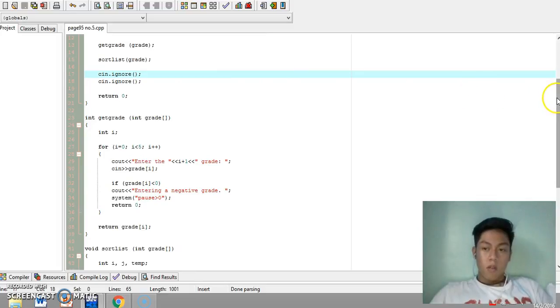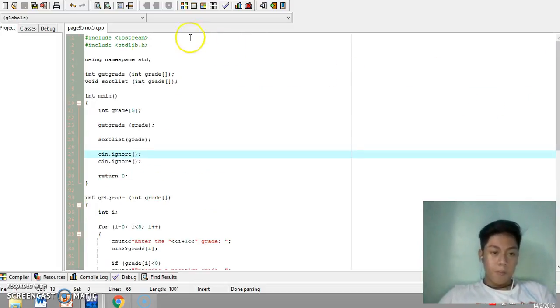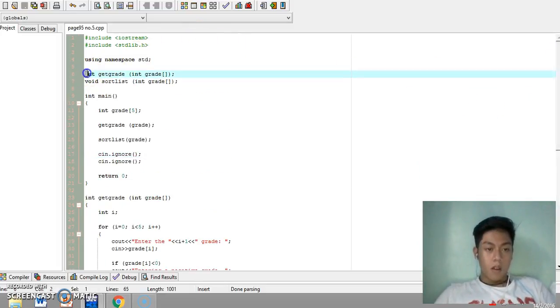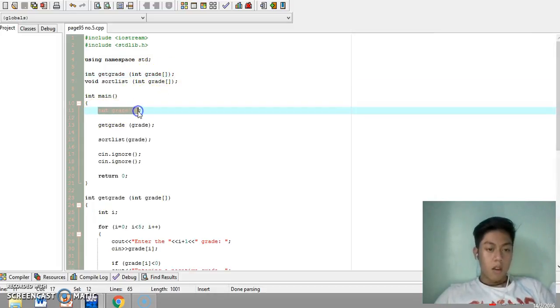So this is my program. I declare a function prototype, int getGrade, that accepts a grade array, and in main I declare a grade array that has a size of 5, but the program requires 50.